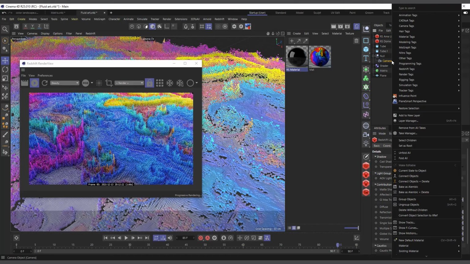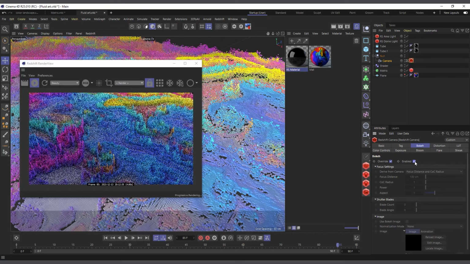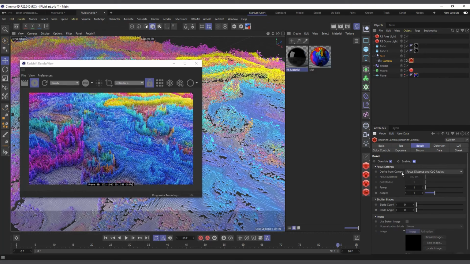I'll right click on the camera and add a Redshift camera tag, and I'll go to its attributes, bokeh, and I'll say override and enable it, and then change the drive from camera. I'll set it to focus distance. I can see there's a bit of blur in it, but it's not showing.